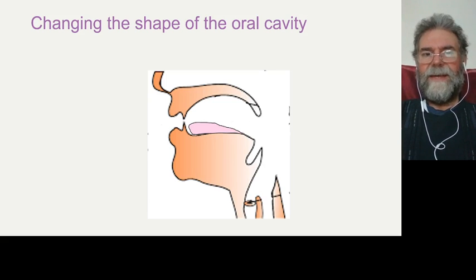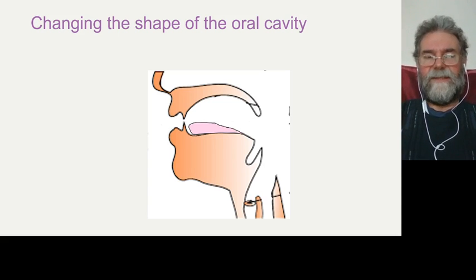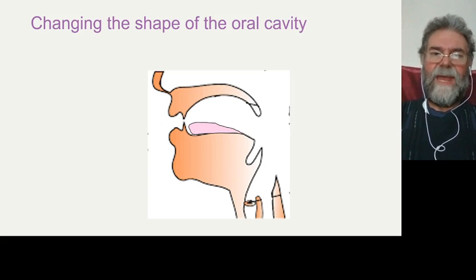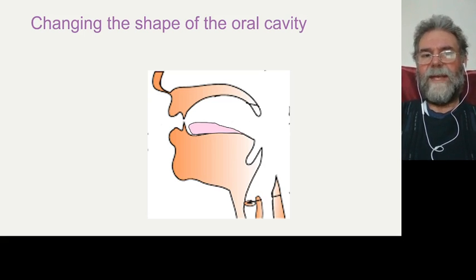And of course, we can change the shape of that body of air in the oral cavity simply by moving your tongue about. That's exactly what we do when we produce different vowels. We shape the tongue in certain ways to create a different shape of the body of air inside the oral cavity, and that will produce a different sound because that body will resonate with some of the frequencies coming from the